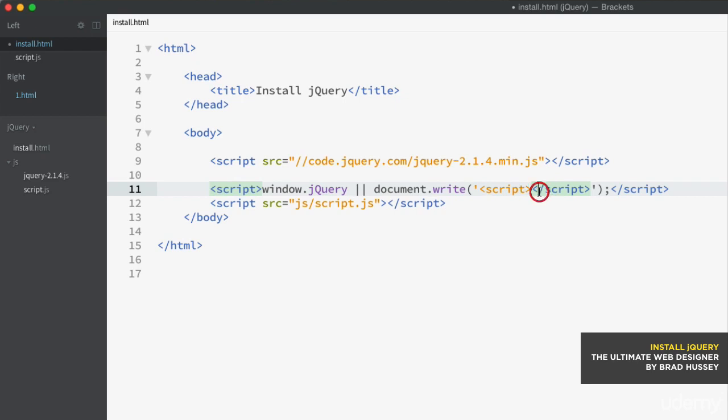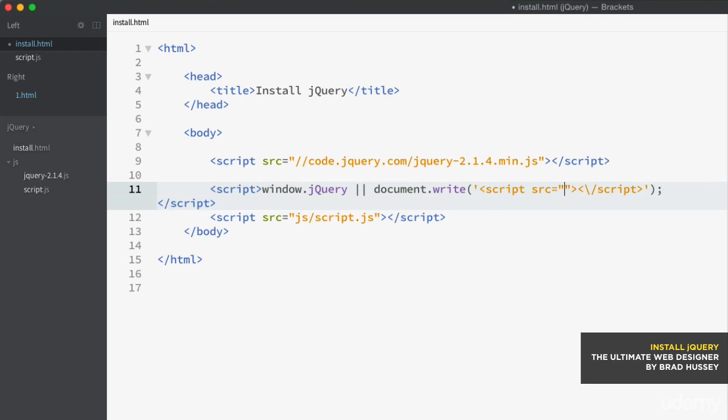We don't want that. The way you can cancel that out is by preceding this / with a backslash. So it kind of makes a peace sign, I guess. And that cancels out that /, tells the program here, hey, this isn't actually part of the original script tag. This is a script tag within a script tag. And that's how you deal with that. Source. We're going to want to use double quotation marks because we're within single quotes. If you were using double quotes here, you need to use single quotes here, vice versa, and so forth. And then js, jQuery